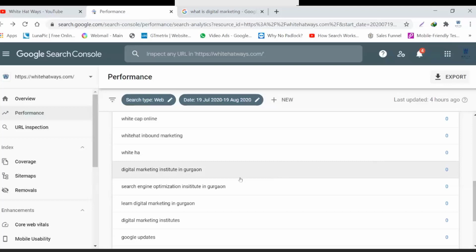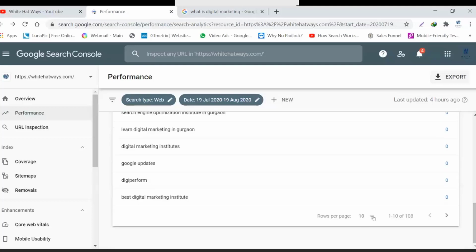Again, Search Engine Optimization Institute in Gurgaon, again it's a query, but I did not get a click, though my results popped up in front of the user. I was getting an impression, but I never got a click. So all these are the ones which are appearing. If I just increase the number of days, it will show all the search queries which are coming in.